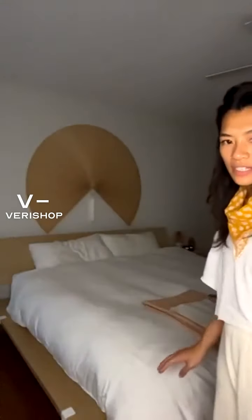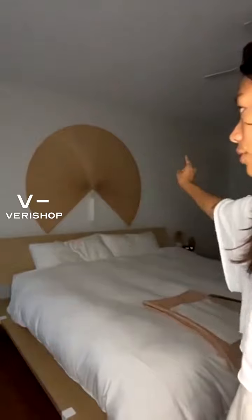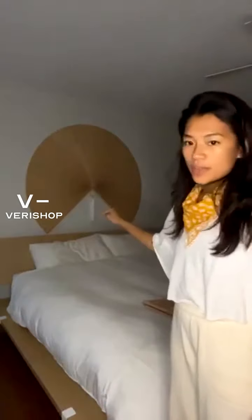So yeah, we're in our bedroom right now. And as you can see, I'm not going to take the camera off of the stand because I'm using a ring light right now, so it'll be kind of dark if I don't have that. But yeah, we have a king size bed, and we have this really beautiful fan wall hanging that takes up a good chunk of the wall while not being too busy. And it goes really well with the bed frame that we have, which is from Floyd Detroit. And then these bed sheets are what I'm going to talk about that are from Verishop. And I'll start by presenting to you